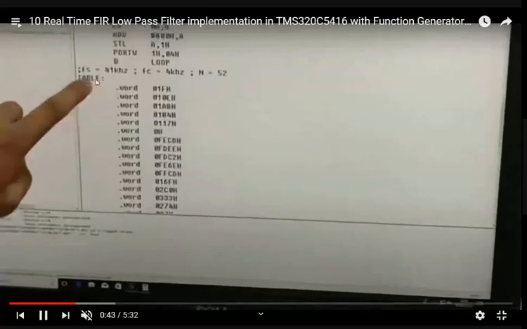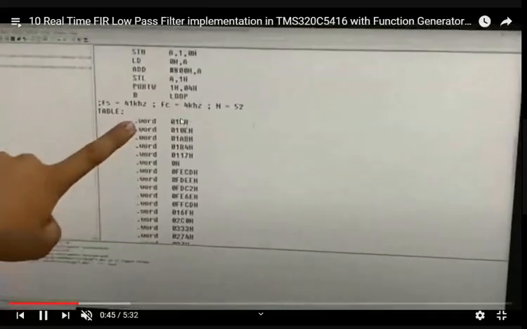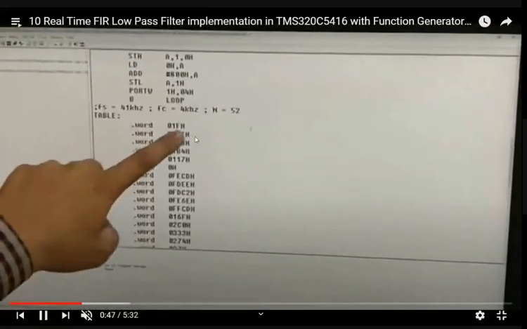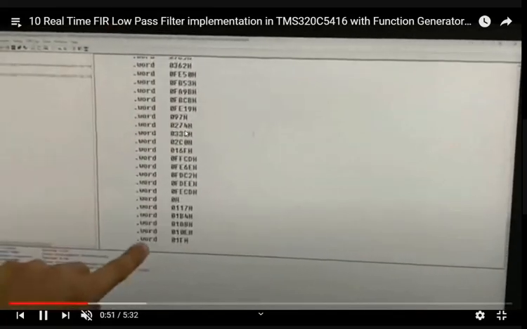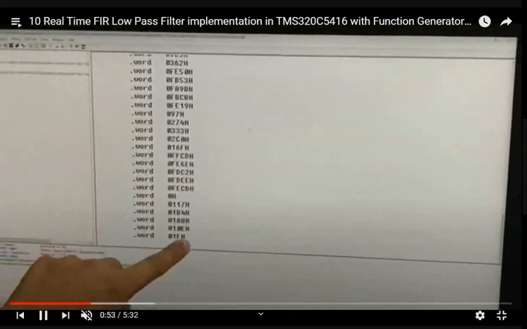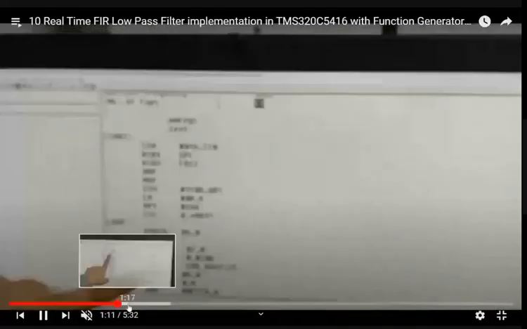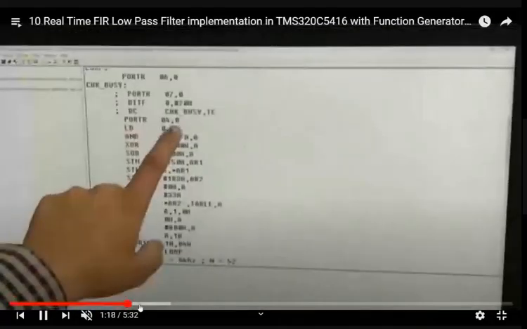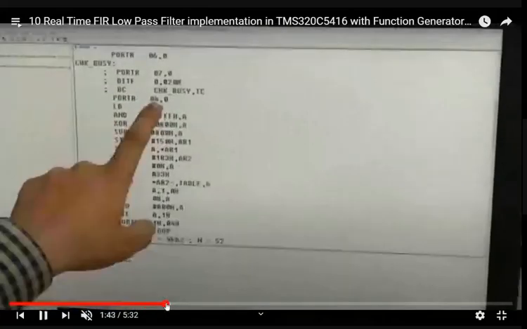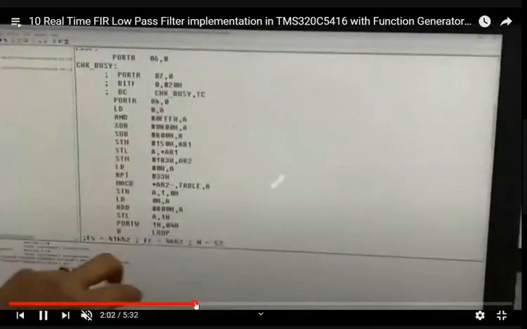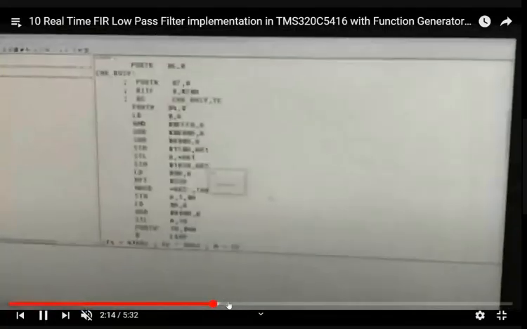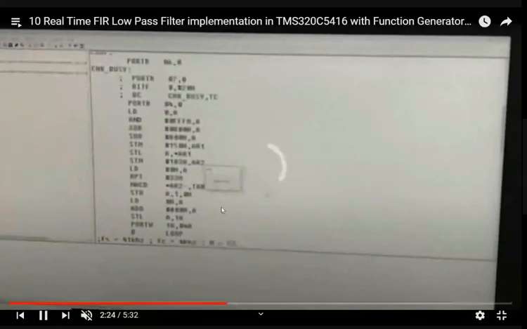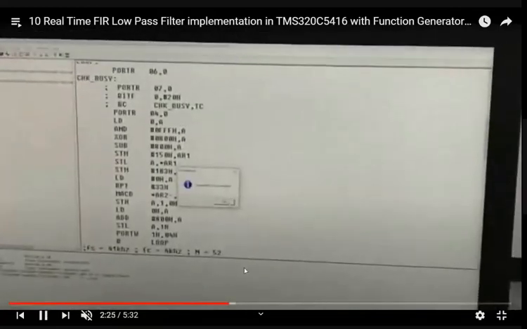Here you can see the table. Just now we have seen the same table, with 01F and 010E. In the code we have written the same thing. The same table is entered here in this coding, and then we are going to simulate this code. Not only simulation, we are going to download this code into the kit. This is the kit we have in our institution, the 5416 kit. We are going to download this program into this kit. You can see it is getting programmed.